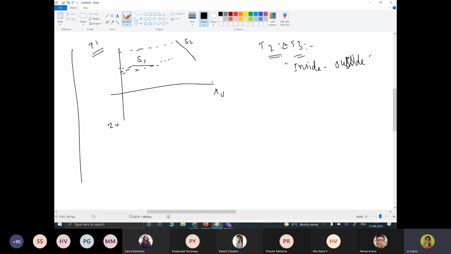With respect to a polygon, you can check whether a point is inside or outside the polygon. In the filling algorithm, I explained that an inside point should be colored with the filling color, and an outside point will have the background color. The same inside-outside test is going to be used in test 2 and test 3.